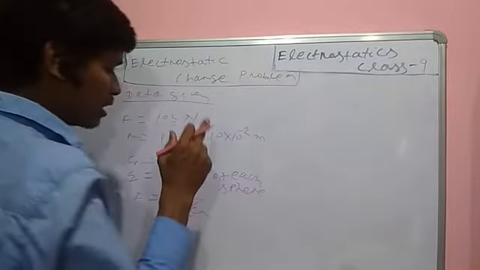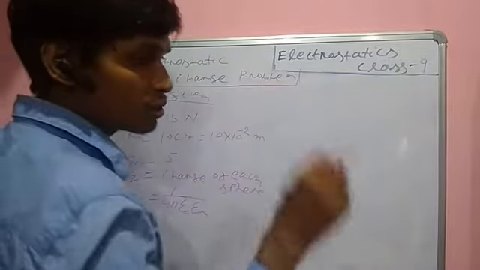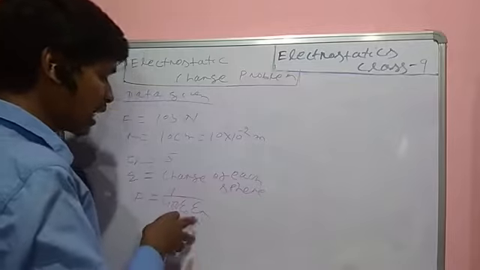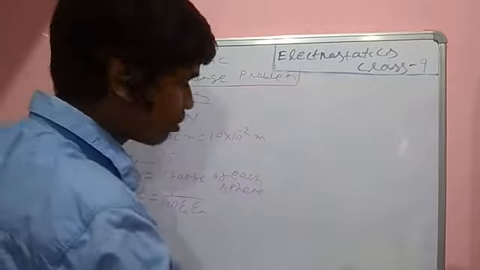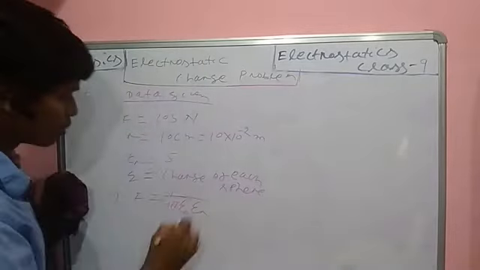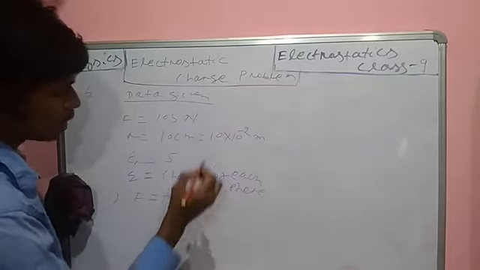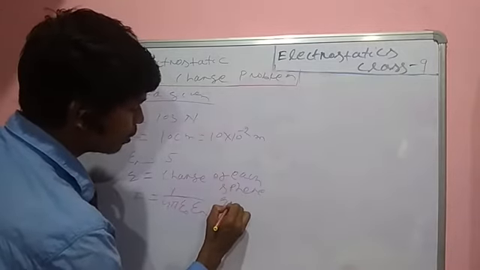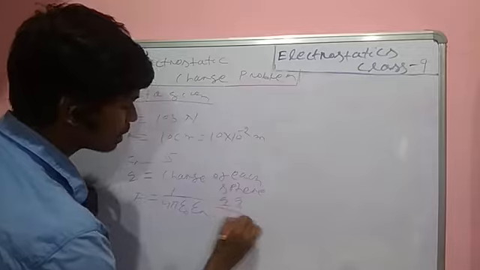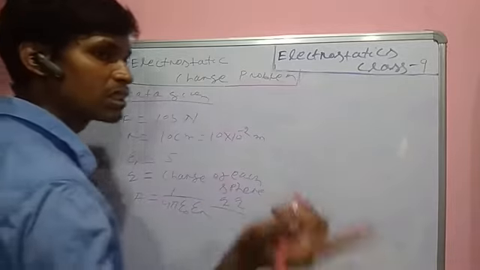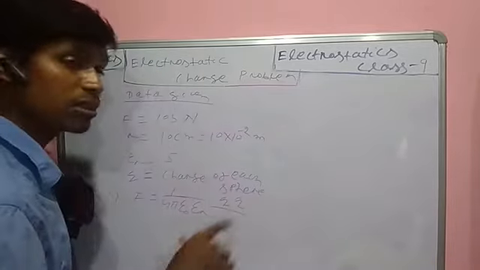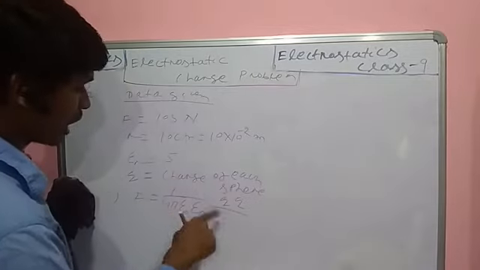Here between the two charges, one medium is present. That medium has a dielectric constant value of 5. So F is equal to 1 by 4 pi epsilon 0 epsilon r, Q into Q by r square. Same charge with identical spheres, that means the charge of each sphere remains equal.